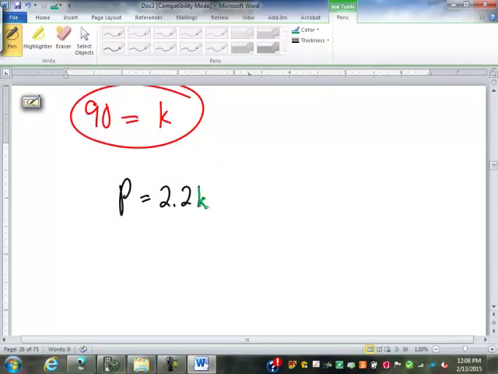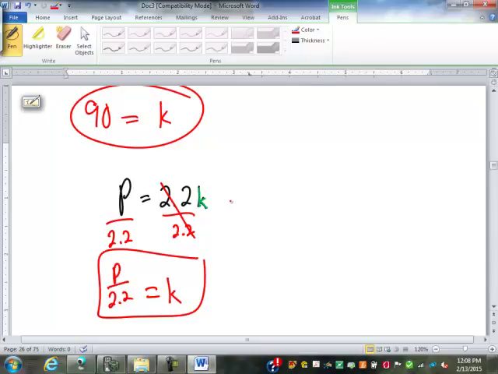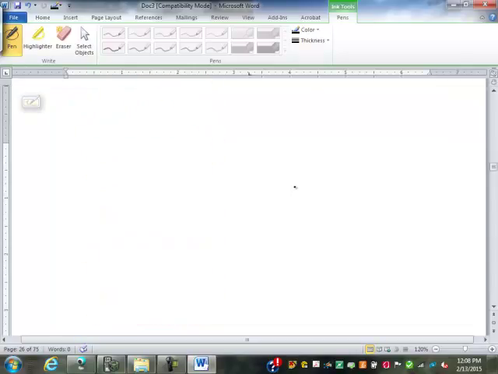So to get K by itself, we're going to divide by 2.2, which tells us that the kilograms is equal to pounds divided by 2.2. It doesn't look like much, but this formula here is a lot quicker and more user-friendly than dealing with solving an equation. Okay, the next one I want to show you, the formula for BMI